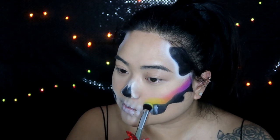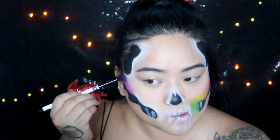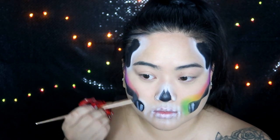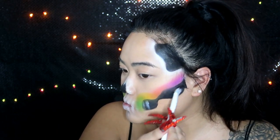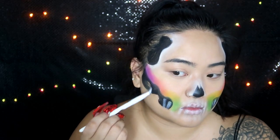And this is just a lot of laying down, a lot of blending and a lot of eyeshadows. So this look took me quite forever. I feel like this isn't my best look just because it had so much going on that I was so over it. Oh, and this is where I decided to change up my cheek piece because I didn't like it. So I just filled that little spot in, as you guys can see,